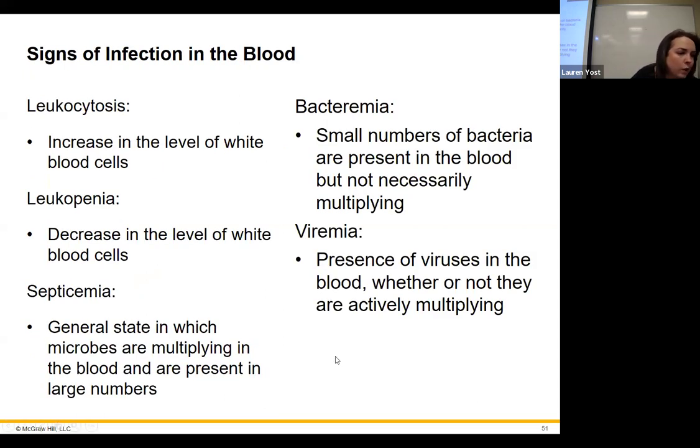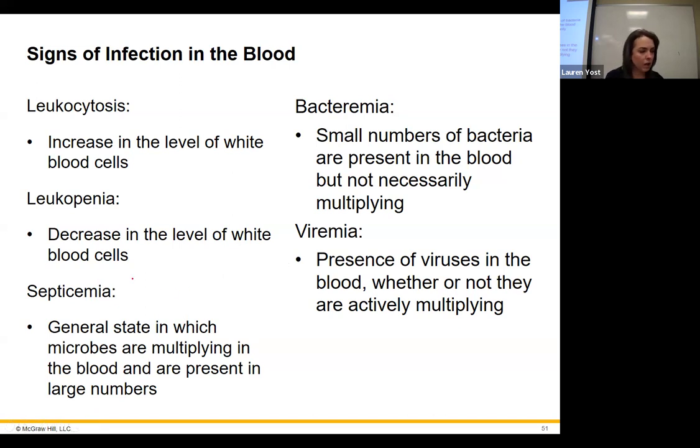We already said leukocytosis, increase in white blood cells. Leukopenia, decrease in white blood cells. One of the most common things you're going to do if you have a patient who is ill with anything, especially if you're in an ER, is a CBC and a BMP or CMP, depending on what the doctor wants. Those two things are going to give you an idea of how their blood system, how their organs in general are holding up, as well as an idea of their immune response too. General picture stuff. You need those in order to start working on your patient.